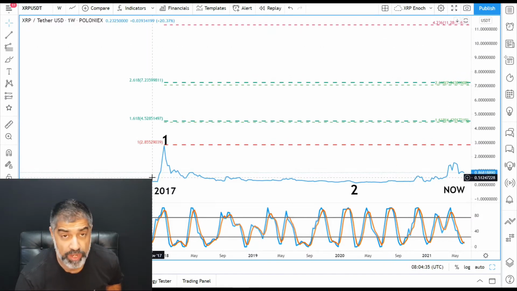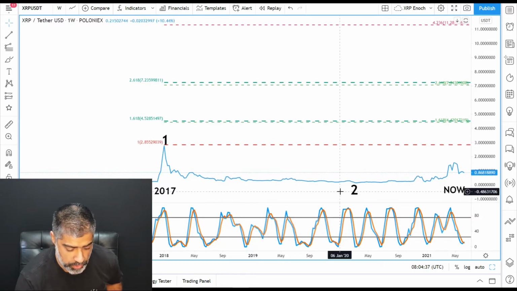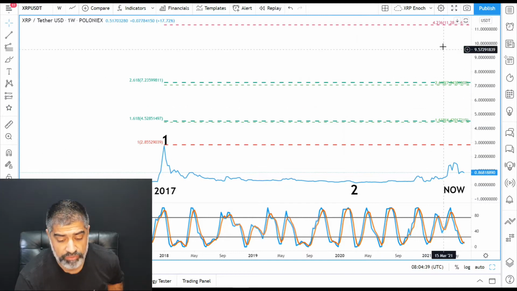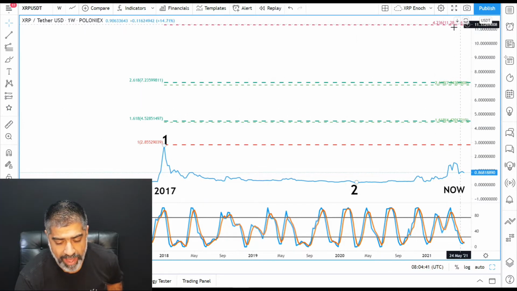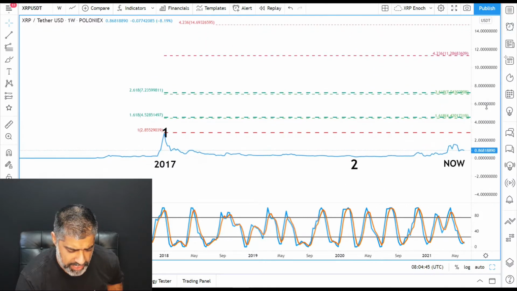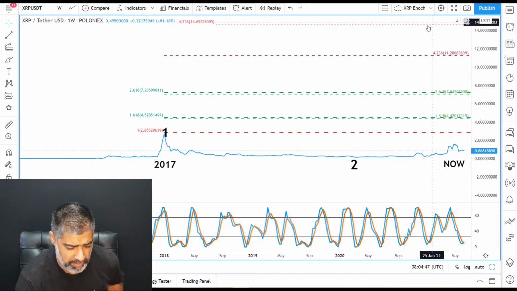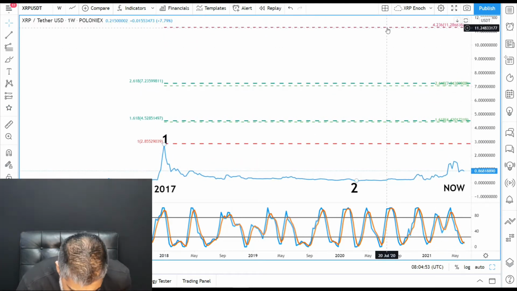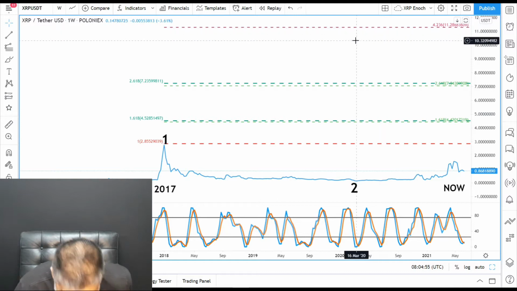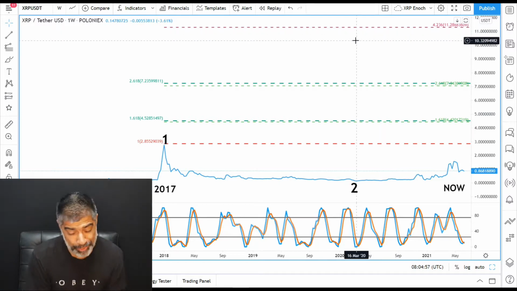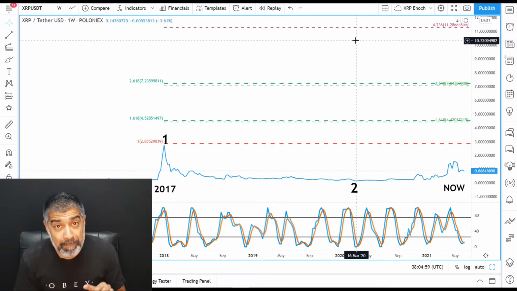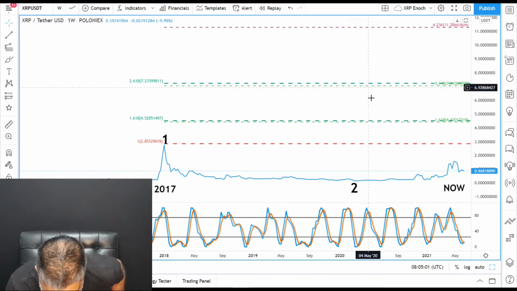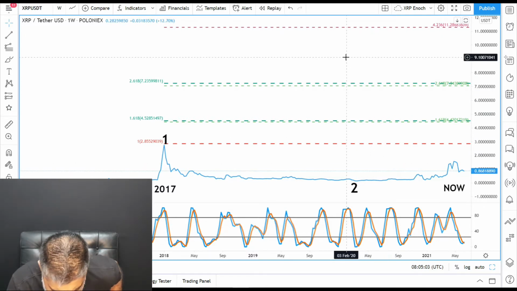Typically if we had a 1, 2, 3, 4, 5, like there's a 1, 2, and if we did end up having a 3 and it came to around here, 4, 5, this is normally the typical maximum. And I think that's the highest price. And this is the maximum, but this Fibonacci ratio is not as relevant as this one. So where is the typical maximum? Well, what price are we getting? $11.30, which is mind-blowing, by the way. Why? Because we're currently at 86 cents.